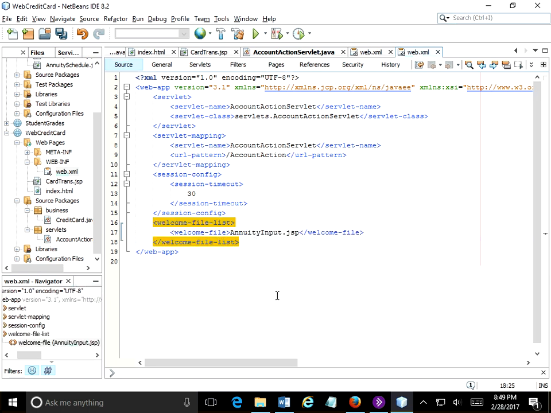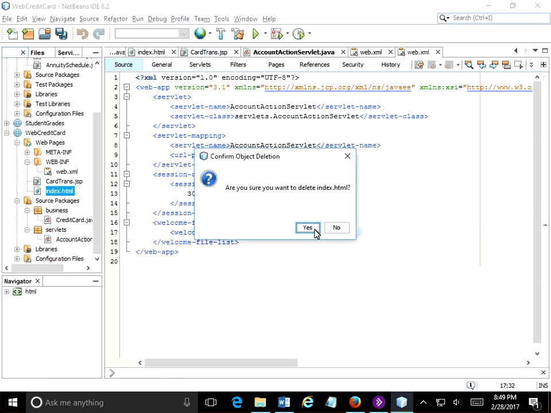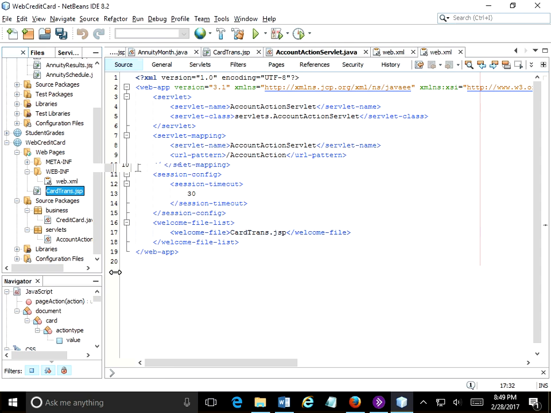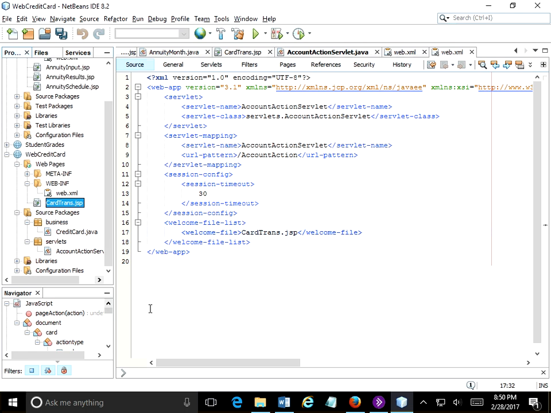But of course the file name is cardtrans.jsp, and we can now safely remove index.html. So I'll right click on that and delete. So we have the framework in place. And we're ready to go to our servlet and to see if we can have the servlet